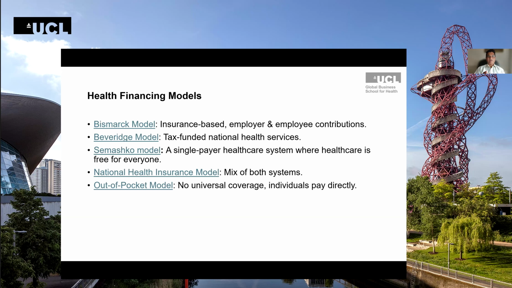And this model was done by Bismarck himself. It's in Germany. It gives insurance-based access through employer and employee contributions. The other one, the Beveridge model, was developed by a UK scientist. It is a tax-funded national health service, which you can see when you come to the UK. The UK health system started in 1948, called the National Health Service,